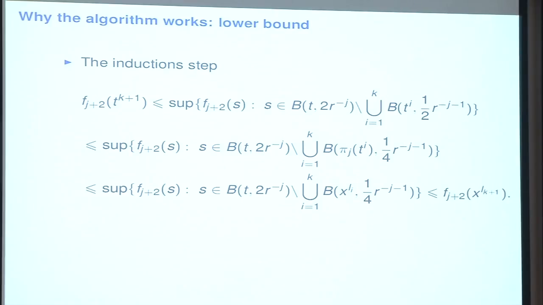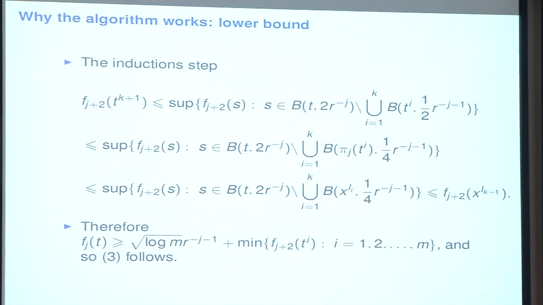So I mean that the worst possible case is that if we have them in the right order, and then what is clear is that in this way we can prove